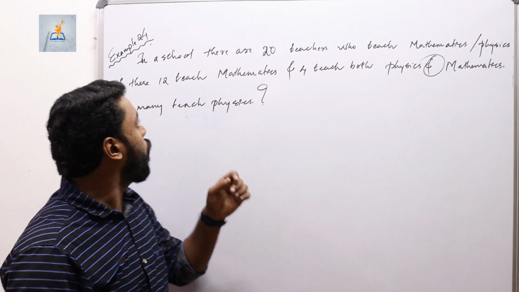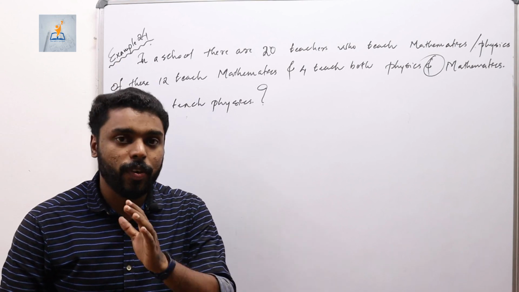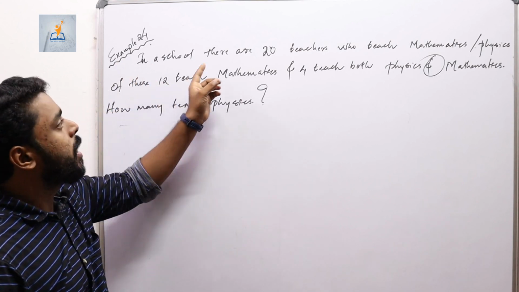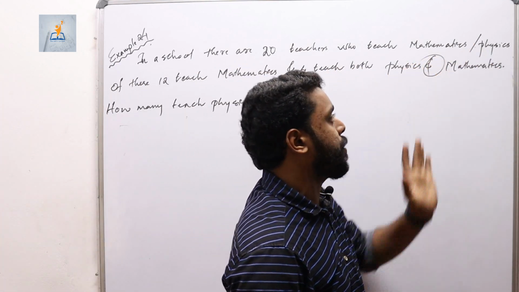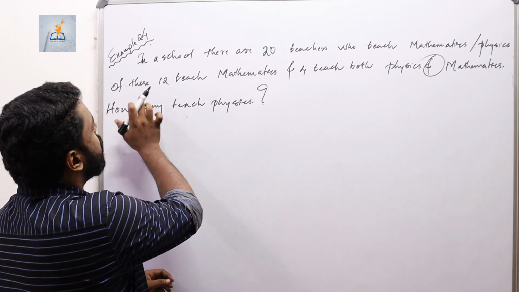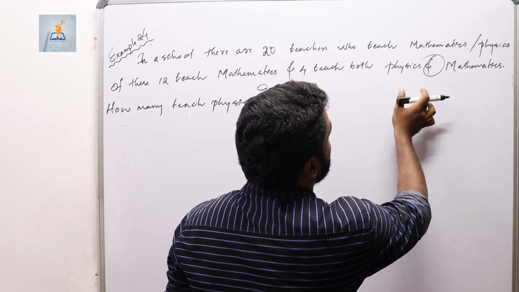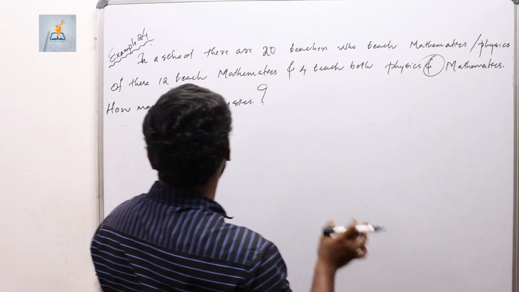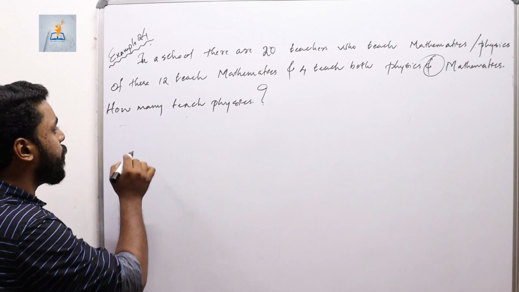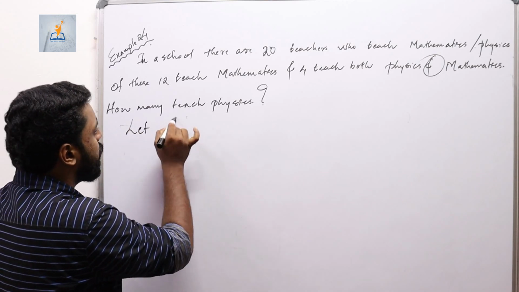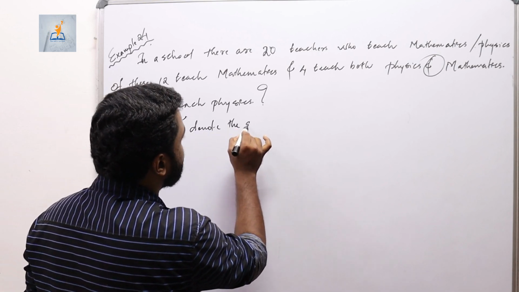Now we shall move on to example 24 of your mathematics textbook. The question is, in a school there are 20 teachers who teach mathematics or physics, and of these 12 teach mathematics and 4 teach both physics and mathematics. How many teach physics? So let me first of all do this thing. Let capital P denote the set of all teachers